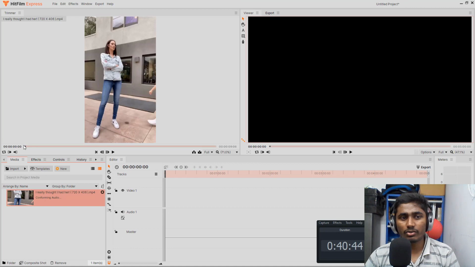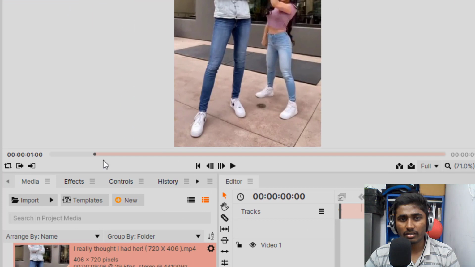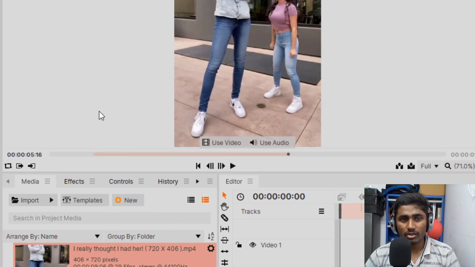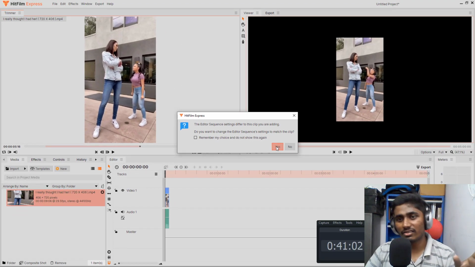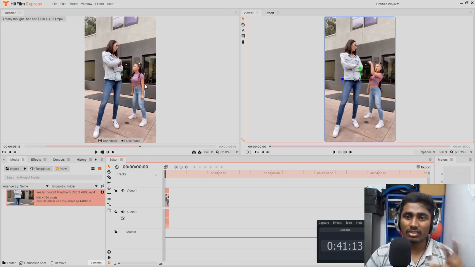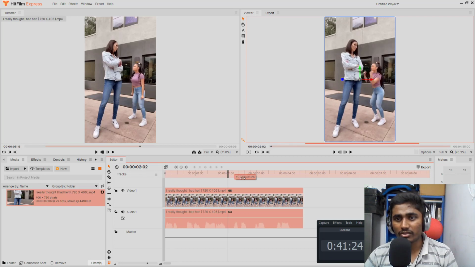As you can see here, you can select and crop it. So if I want to collect this part, I'll select this one, and from here to here I would select this one. As you can see, it has cropped from here to here. I would just simply take it and drag it here. You could change the aspect ratio based on the video that you have, or you could keep it the same. I'll just hit OK. Now the aspect ratio is changed based on the video format that you have, or the orientation or the size. You could use that, or you could change the format as well. As you can see, the playback is also very smooth.